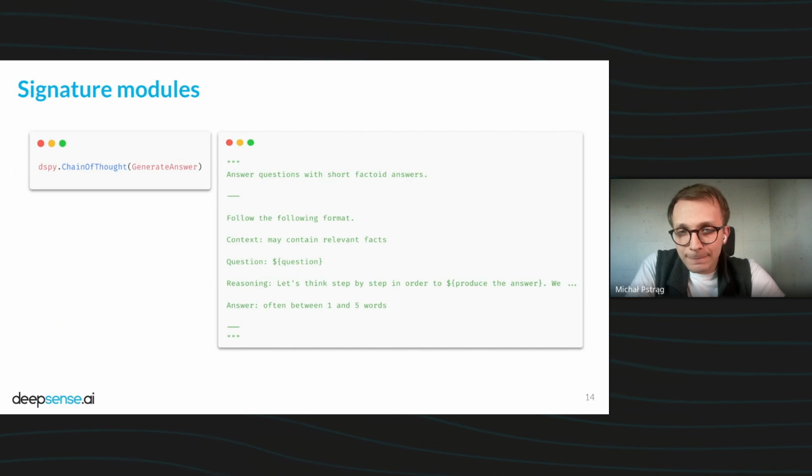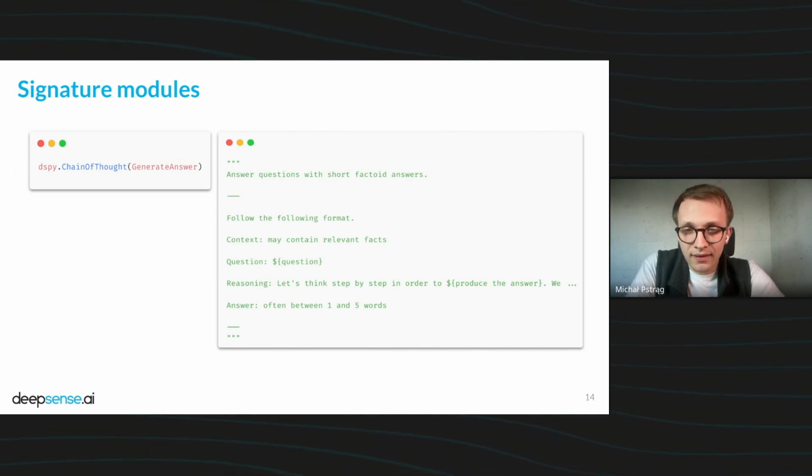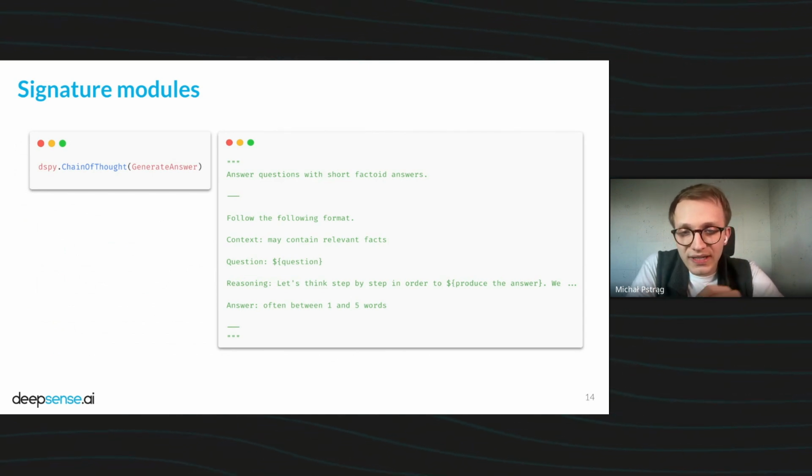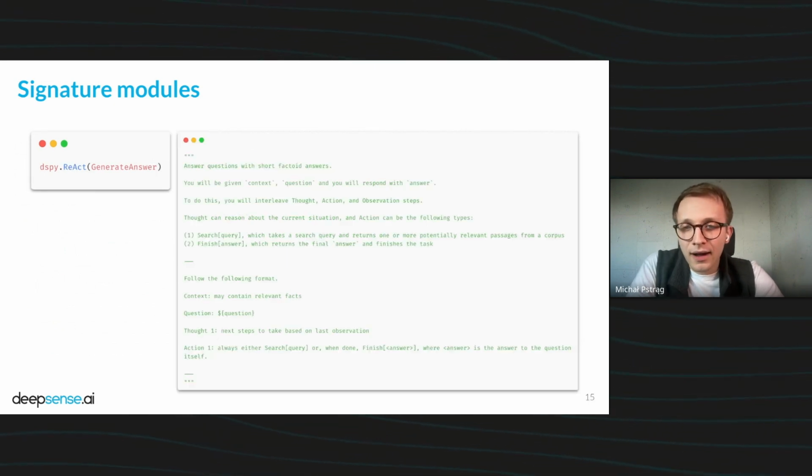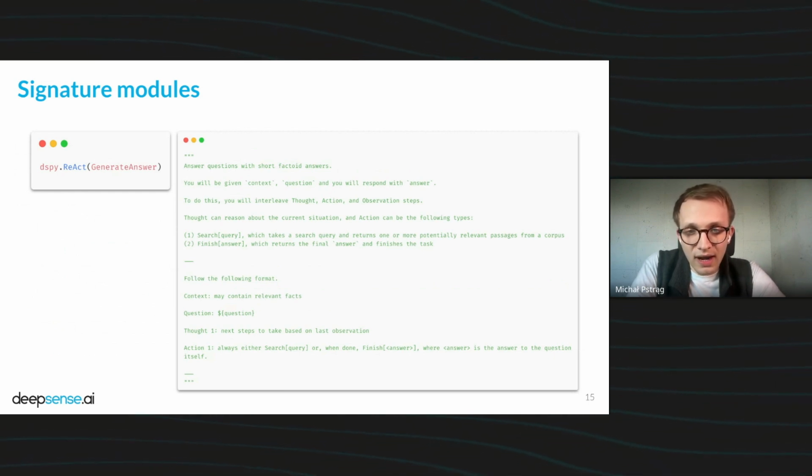So signature modules look like this. You have, again, a single line of code. You just call dspy.ChainOfThought and specify the signature. This is the verbal signature that you saw earlier. And as you can see, DSPy injected a reasoning field into the signature, and we have a chain of thought essentially. You can have a React agent built with this signature, and as you can see, it got quite complex, so the whole formatting got changed. And yeah, just with a single line of code, you have bootstrapped the whole React agent, which is really